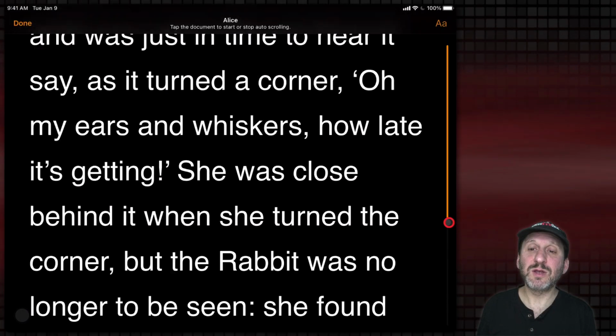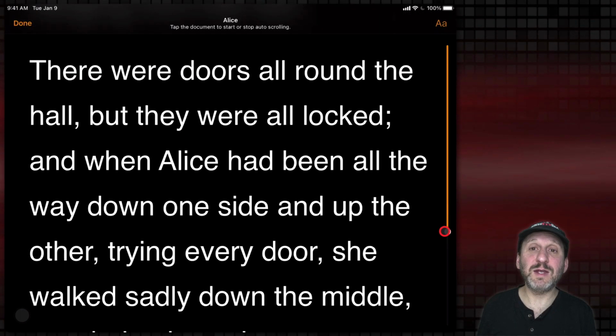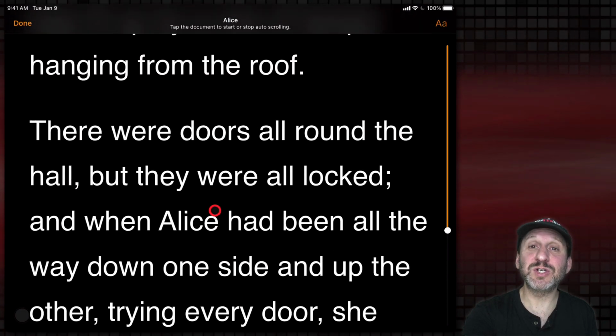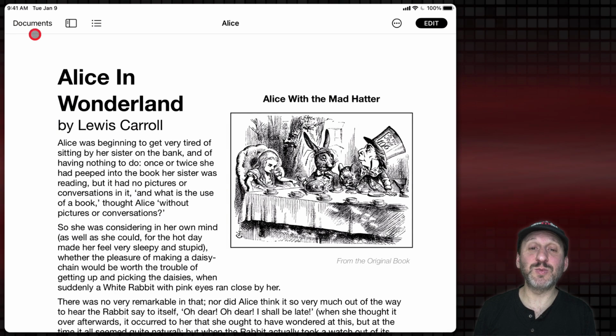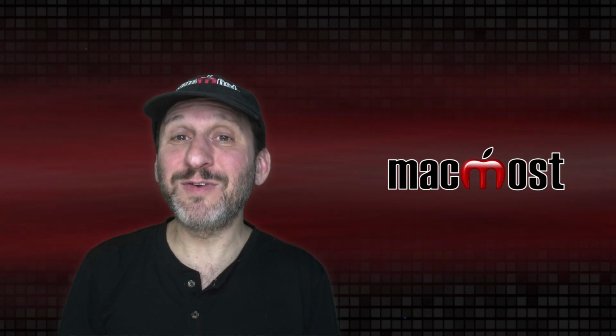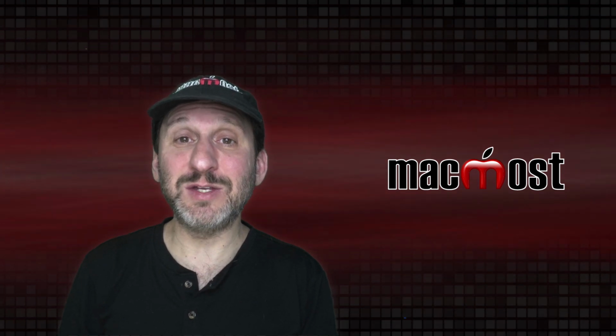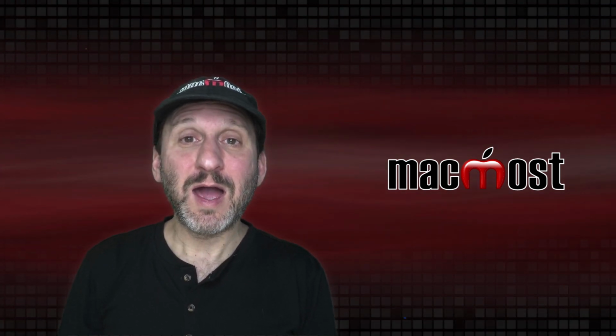You can easily use this little scrolling bar on the right here to move around whether you're automatically scrolling or you're just doing it on your own. It also works if you just tap and scroll with your finger. You can use Done to exit this mode and go back to whatever mode you were in before. So there's a look at some different ways to view documents in Pages, Numbers, and Keynote. I think these are really useful.